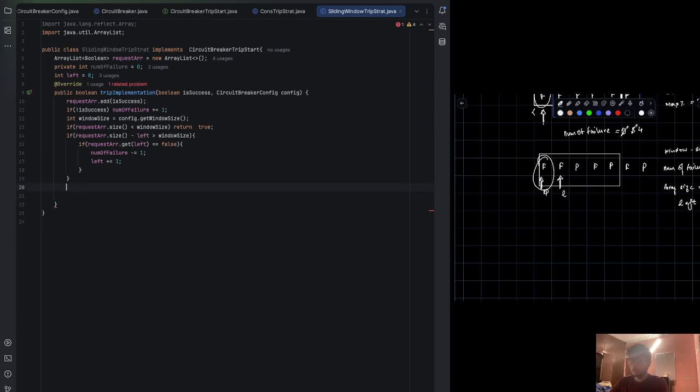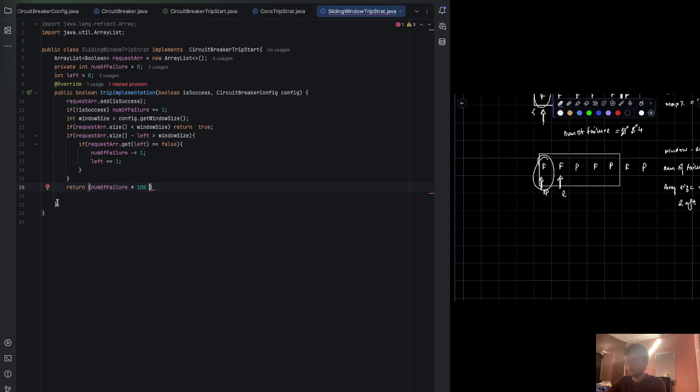What is the percentage? So to calculate the percentage, how is it calculated? Number of failures by total number into 100. So we're going to return number of failures by total number, right? If your total number is greater than the number of failures, what Java does is it truncates it to 0, right? So we cannot divide it and then multiply it. So what we're going to do is calculate the number of failures into 100,